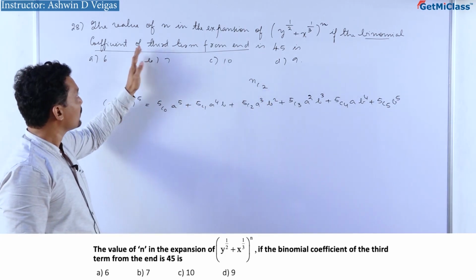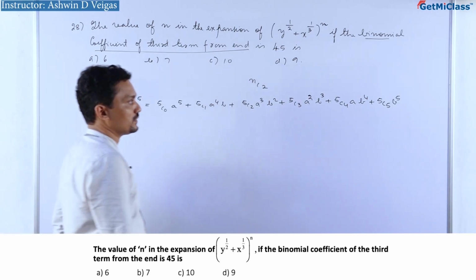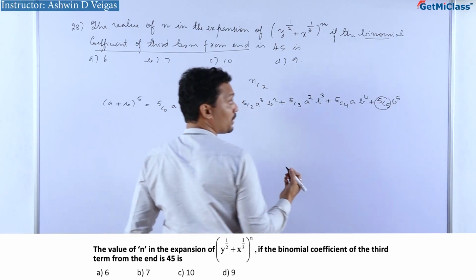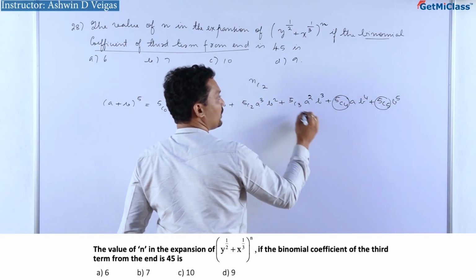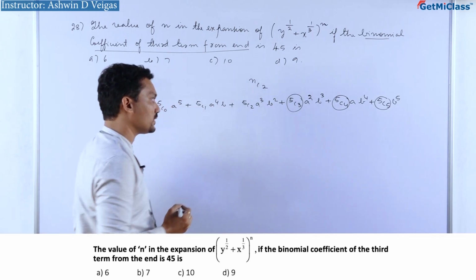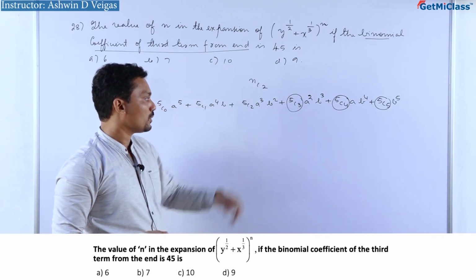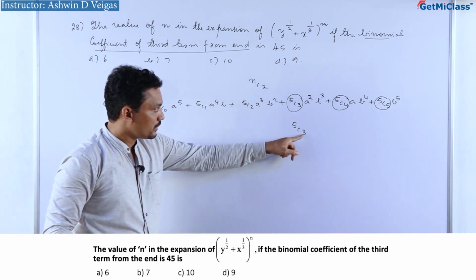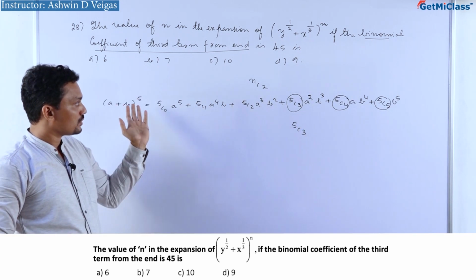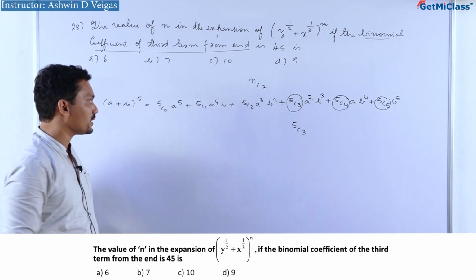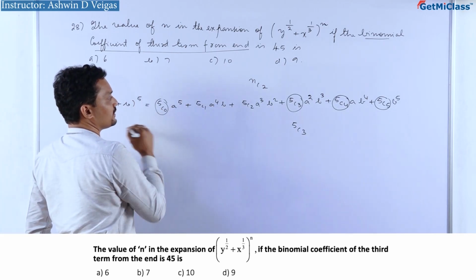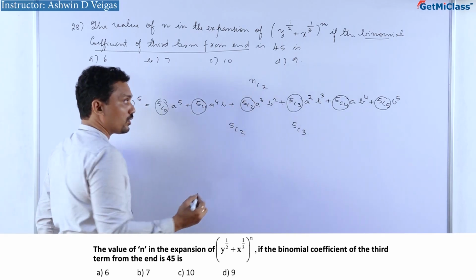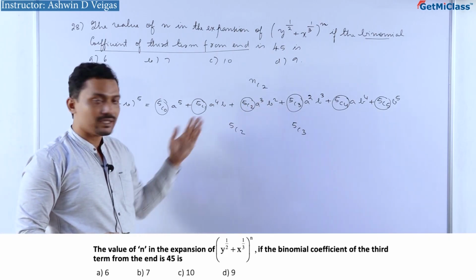Now, if we talk about the binomial coefficient of the third term from the end, first binomial coefficient, second binomial coefficient, third binomial coefficient, this binomial coefficient is 5C3. Now, this binomial coefficient is exactly equal to the third binomial coefficient from the start. See, this is 5C0, 5C1, 5C2. And always because of symmetry,